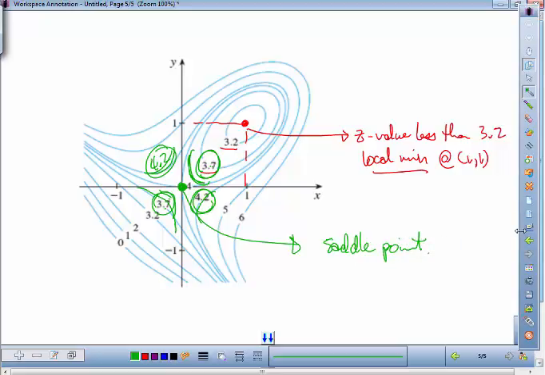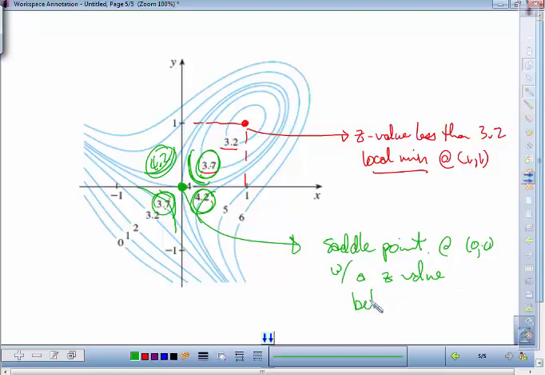So our classic saddle is that hyperbolic paraboloid. And if you remember, the cross-sectional cuts for hyperbolic paraboloids are hyperbolas. That's why it's called hyperbolic. And with those hyperbolas around it, that makes it a saddle point at 0, 0, with a z value